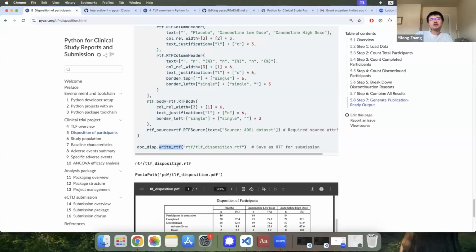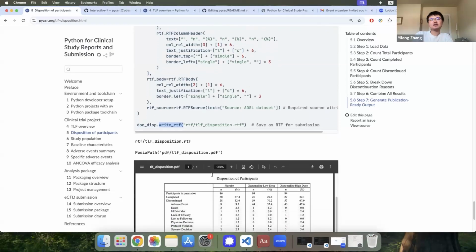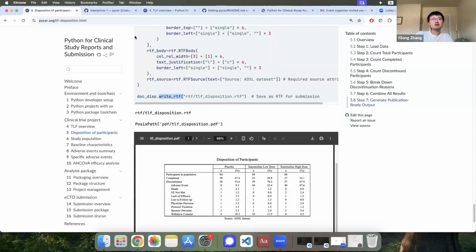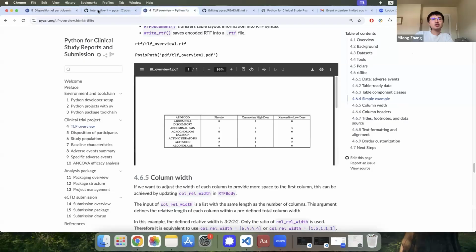And if you are interested in converting RTF to PDF, the current recommendation is to use LibreOffice. And in that way, you can convert RTF to PDF and present it this way. So when we go back to our project,